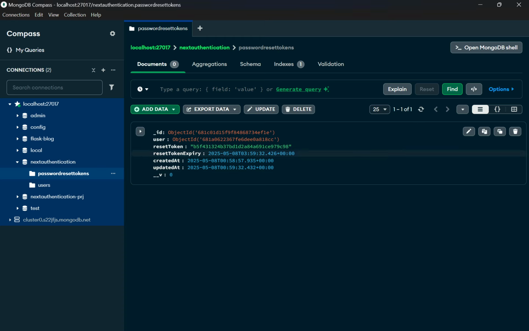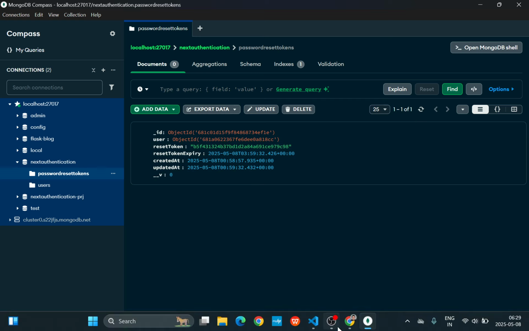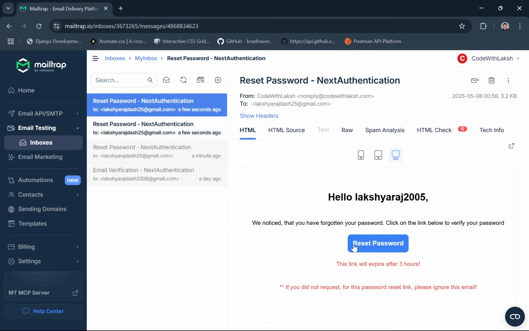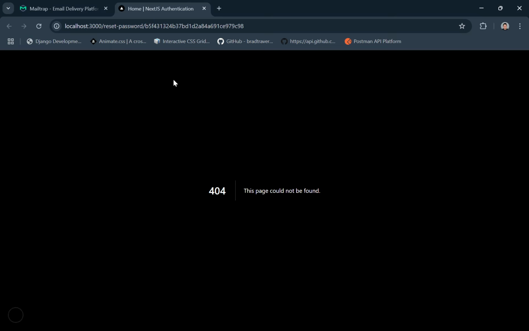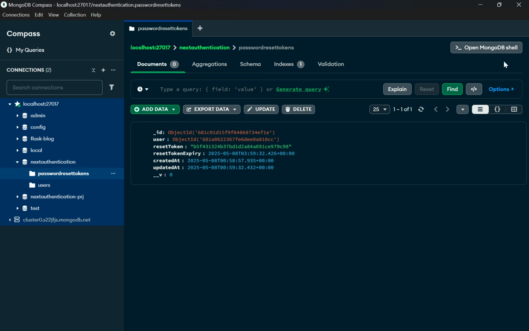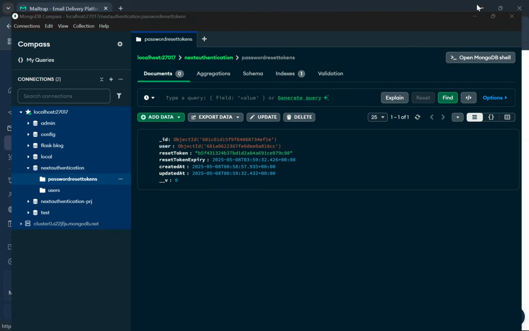Okay, you can see what is happening is it's just updating the reset token value. We are not creating a new document here. So here what I will do is go ahead with a reset password, and if I click it, it will redirect me to this URL which doesn't exist. Okay, now what can I do is